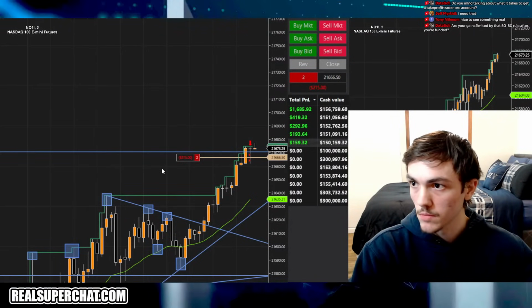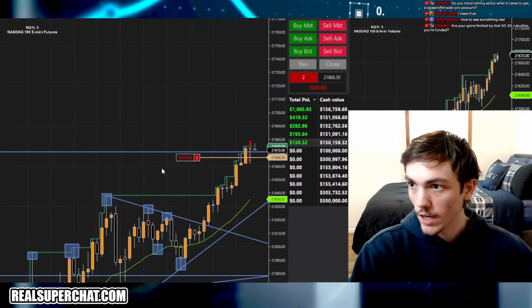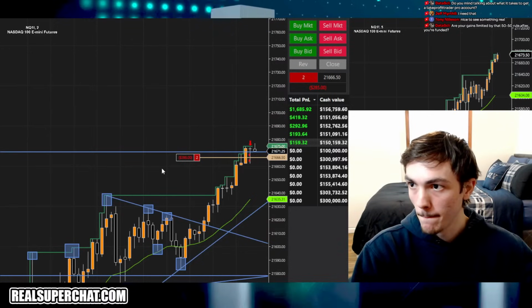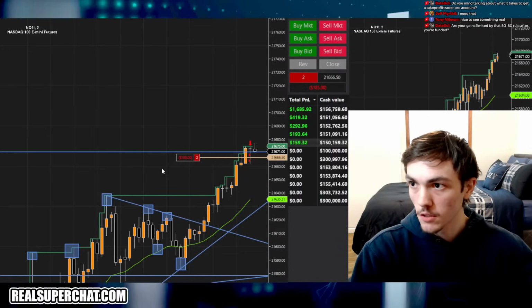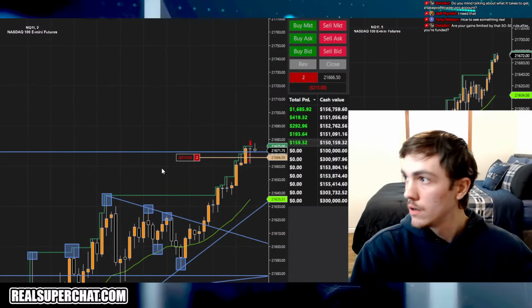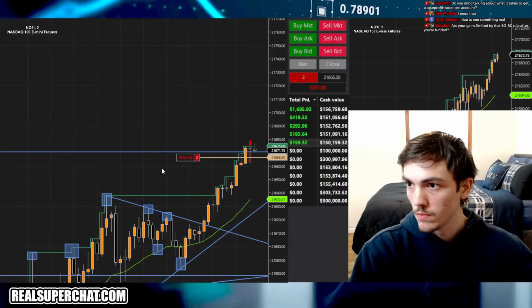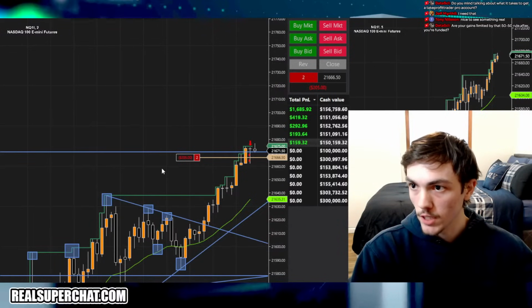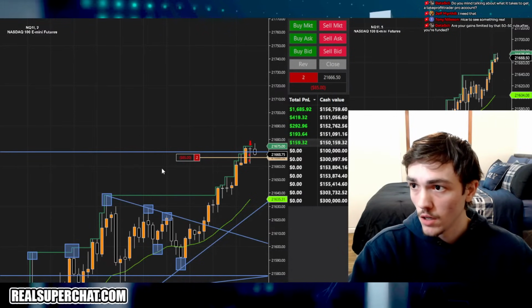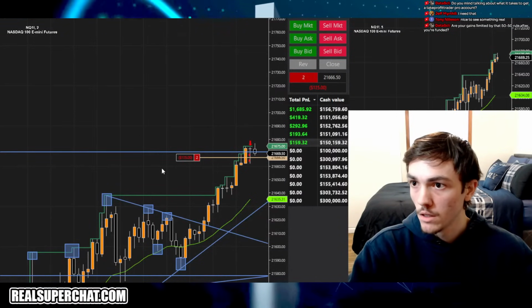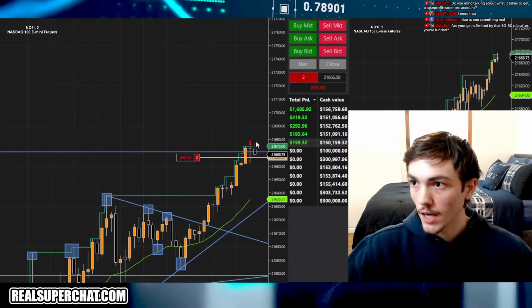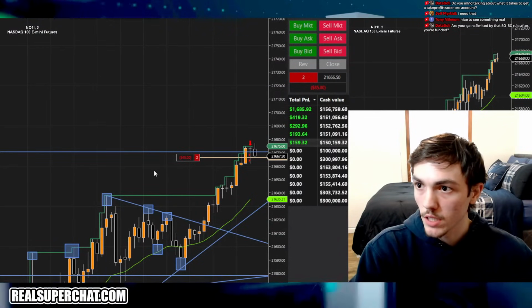Hold on. Giving this some time. I want this to flush down and break through this pivot point. Fully reject this pivot point right here. Okay. It needs to fall quick. It needs to fall. It may claim this pivot point as support. I don't want to see that. I want to see a full rejection. Okay, it's wicking through. I want to see a full rejection. Down 100, 2 contracts short. This wouldn't be a bad trade to put a stop loss at the high of this wick, but I'm going to risk this account.